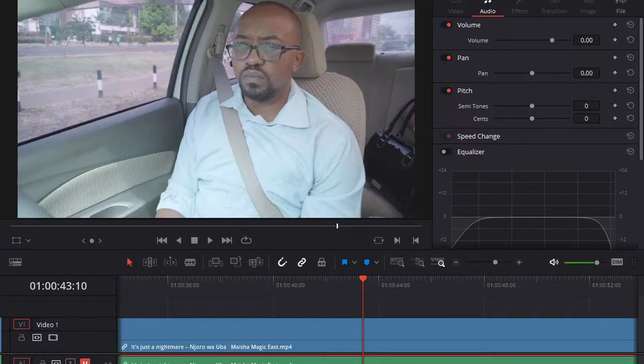What is wrong with this footage in actuality is it's flat, okay? And there's some color that they have tried to bring back in, but I still don't see a vibrant image, okay? Maybe that's a Kenyan style, but for me this really annoys me and disturbs me a lot.